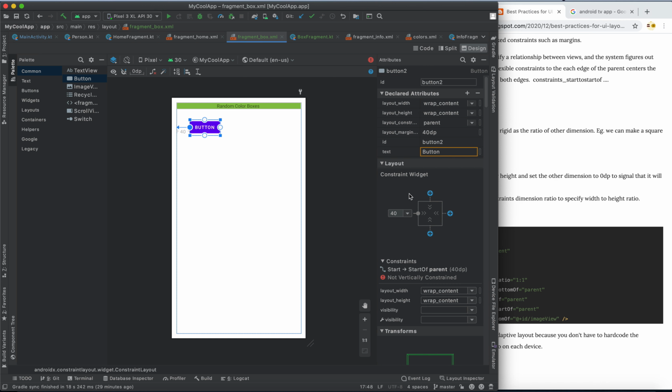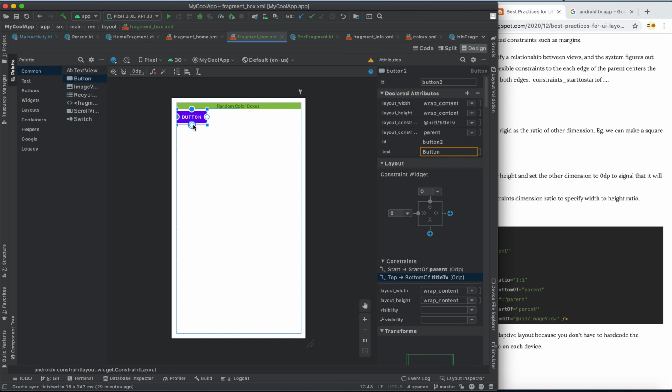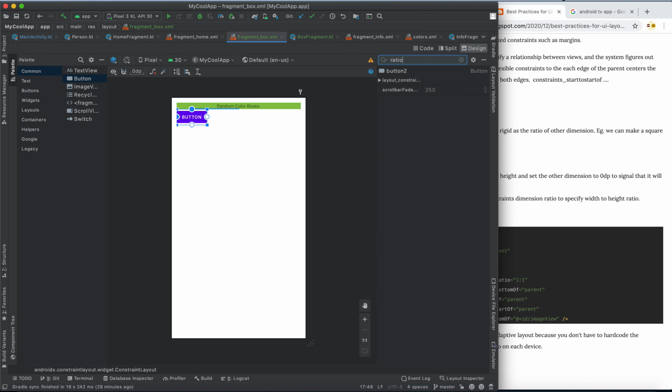Let me specify the constraint here. We can also do it directly from here, and I don't need the bottom constraint, and I want to specify the ratio here. It is 1:1,